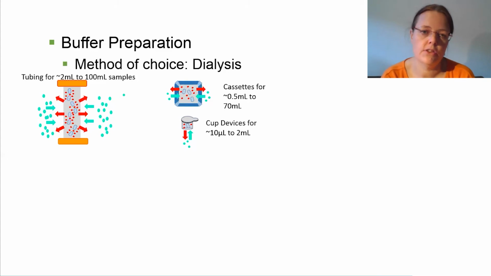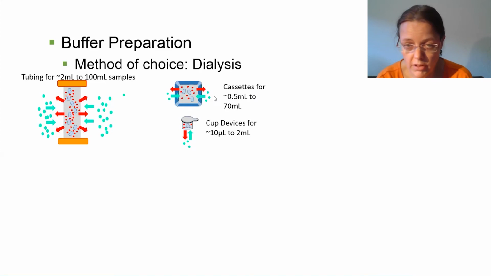The ways to dialyze. The most common, of course, is tube dialysis, but for this you need larger volumes. If you only have smaller volumes, there are cassettes and commercially available items you can buy to do the dialysis, but these are sometimes rather expensive. What we often do, if it's really just a last-step dialysis where you don't have to exchange big amounts of glycerol, or you don't have any big sugars or anything,